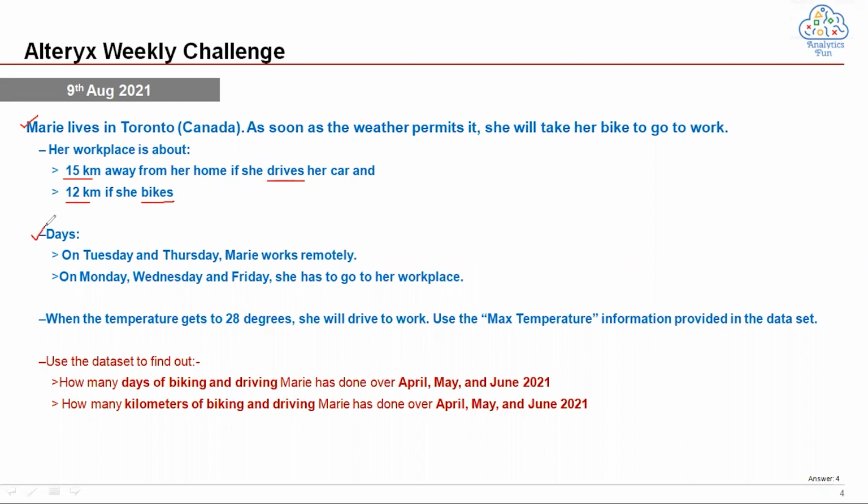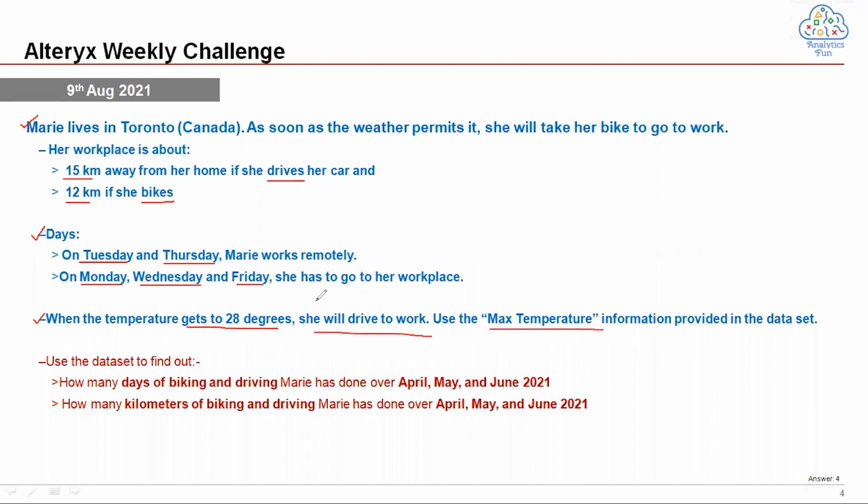Now coming to the days part: on Tuesday and Thursday Mary works remotely, and on Monday, Wednesday and Friday she has to go to her workplace. This is again an important data point. The third point is that when the temperature gets to 28 degrees Celsius, she will drive to her work, and we need to use the maximum temperature field provided in the dataset.